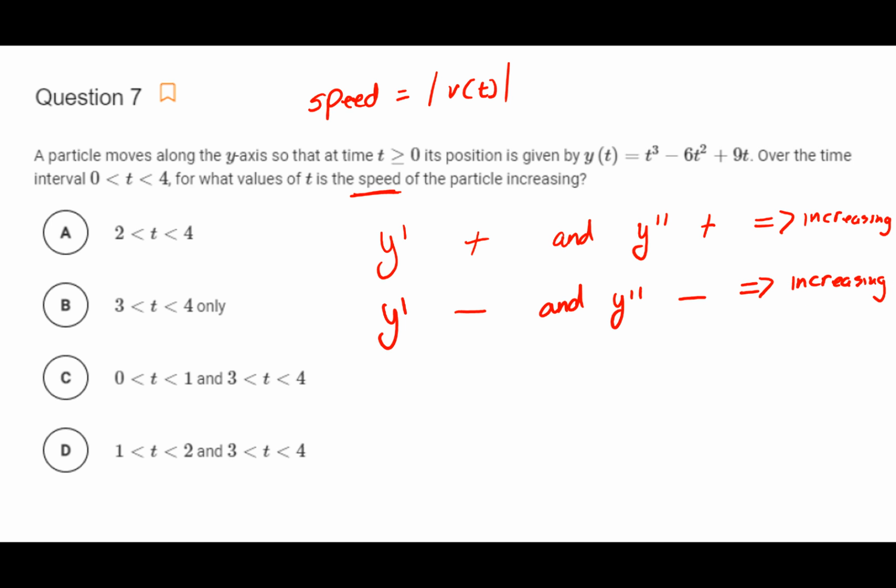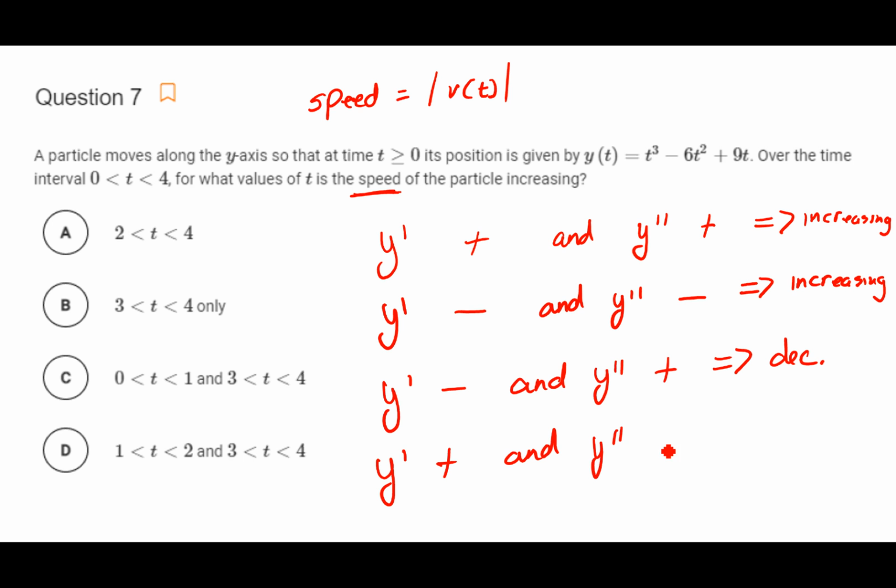Because my velocity is going down, but it's going down at a faster rate. So if the signs are the same, it's increasing. If the signs are opposite, so the first derivative was negative, and we'll say the second derivative is positive, that means the speed is decreasing. Or if my first derivative was positive and my second derivative was negative,